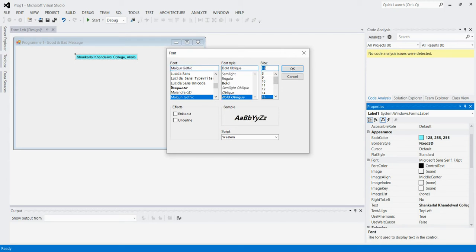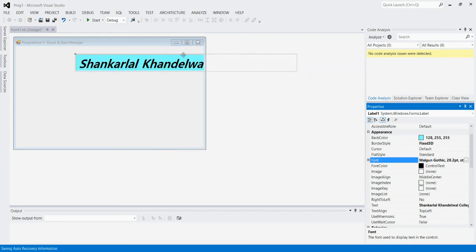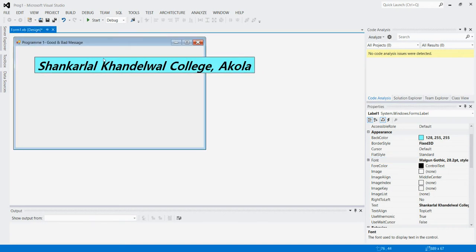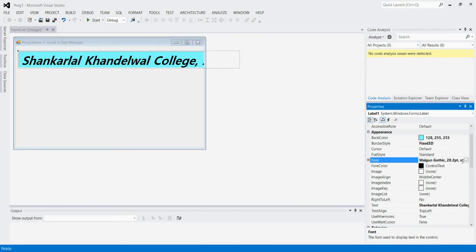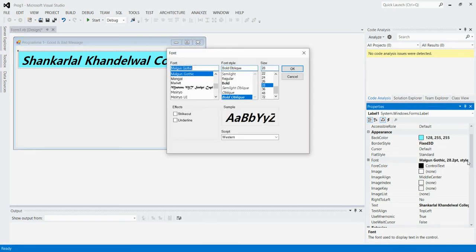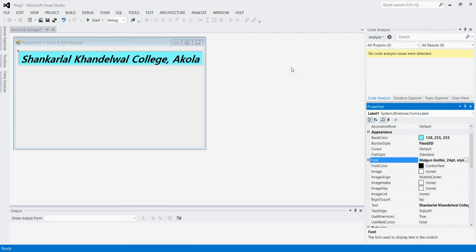The size of the font I must change from here, and I select the size of my text as 28. If this size is really very big, we can decrease it by selecting it again and reducing the size to 24.